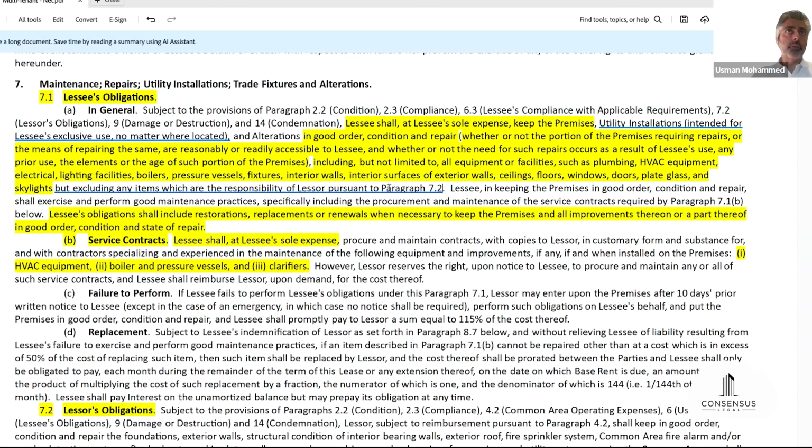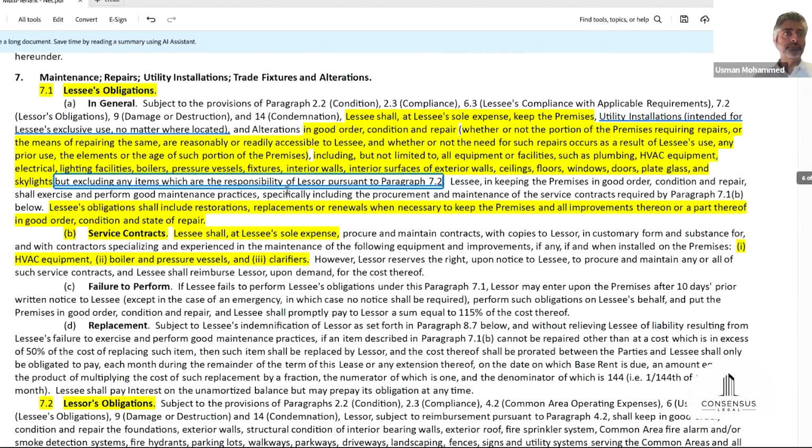And those are described in 7.2, but just to point out this provision in 7.1a, this refers to those carve-outs. So yes, lessee is responsible in 7.1a for the premises to keep it in good order, condition, and repair. Here are some examples, but it says importantly, but excluding any items which are the responsibility of lessor pursuant to paragraph 7.2. So let's go to 7.2,